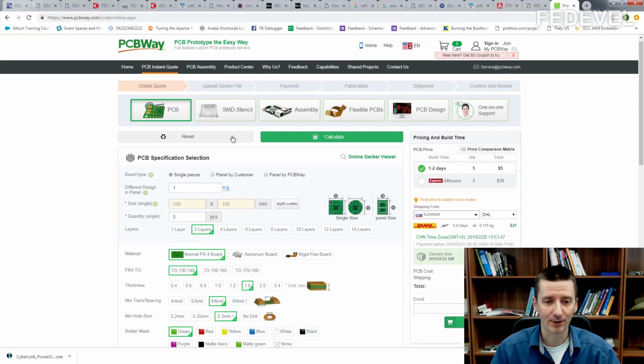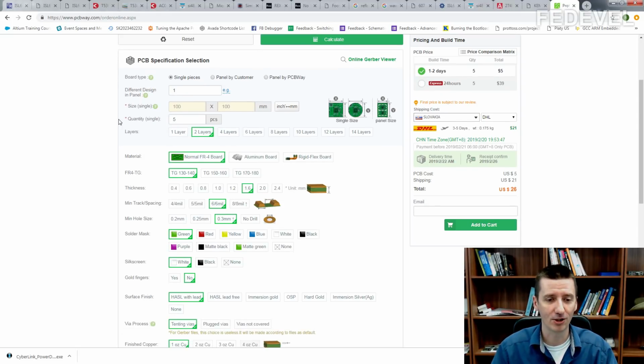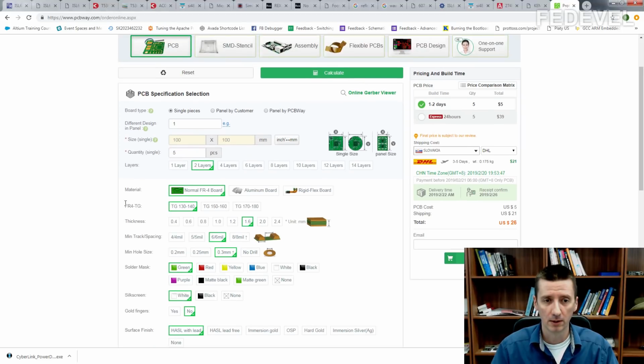I like this calculator because you can very nicely see how big a difference there can be in the price of your PCB if you don't choose the right values. Especially have a look at these two values. These are the rules we would like to set. Minimum trace width, minimum spacing, and minimum hole on our PCB. So at this moment, for this very simple PCB, 100 by 100 millimeters, 2-layer PCB, the PCB cost is $5.